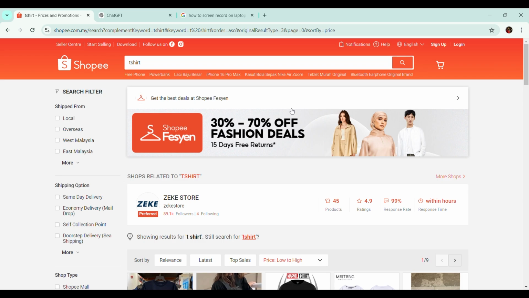So I'm going to start with the first question, on the interface slash appearance of the Shopee app. Firstly, how would you rate the overall design of the Shopee app in terms of user friendliness? This question is to get feedback from users regarding the user friendliness of the design of the Shopee app.